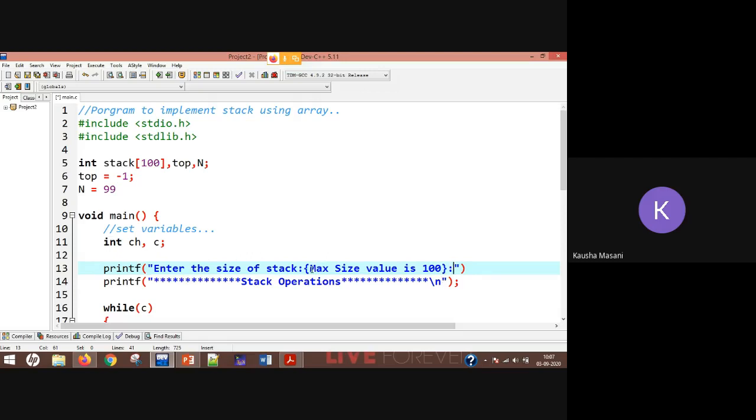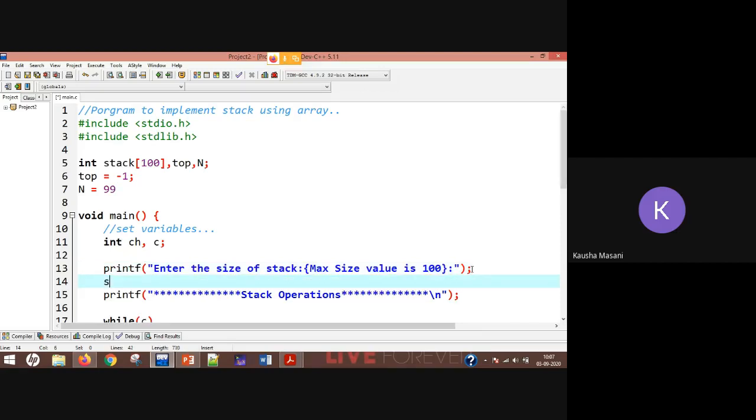You are directly telling the user that the max size value is 100, so you have to give a size within 100. And you can store whatever input the user gives in your n.